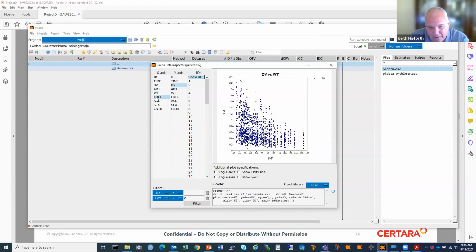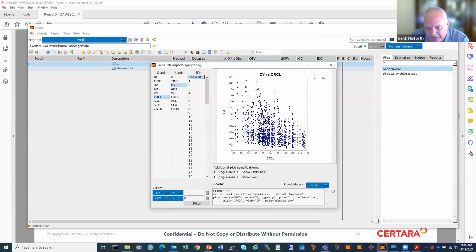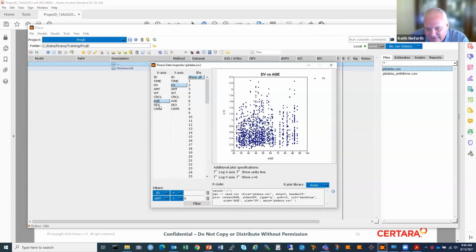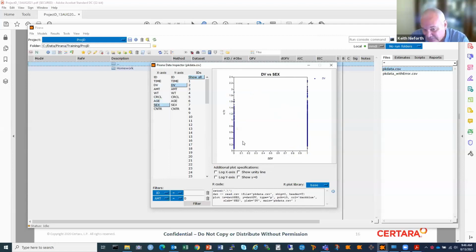Creatinine clearance, same thing. Well, that's going to be correlated with weight, but again, you might see a pattern here. Age, nah, nothing really there. Gender, yeah, possibly. So that just gives you a sense for some of the types of things that you can do